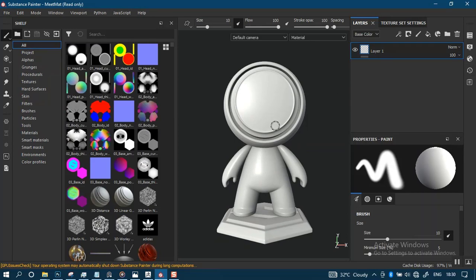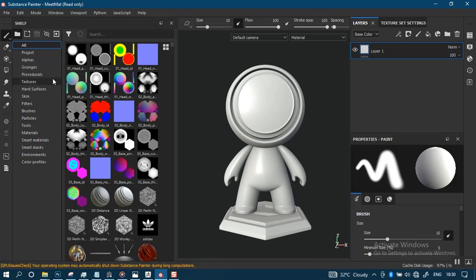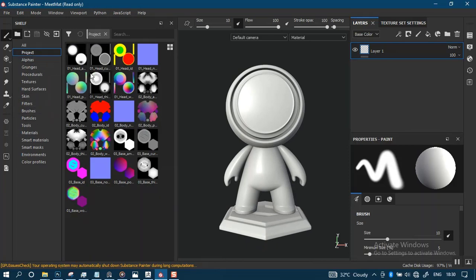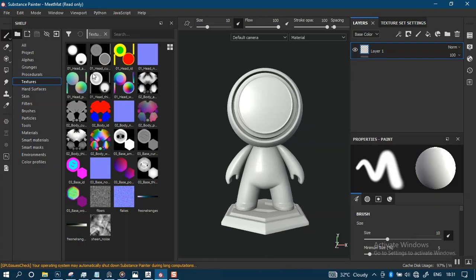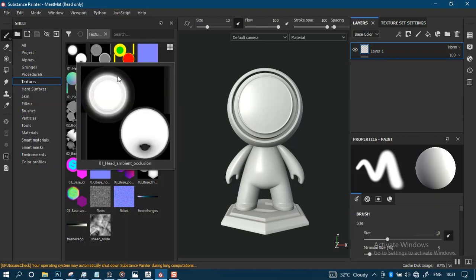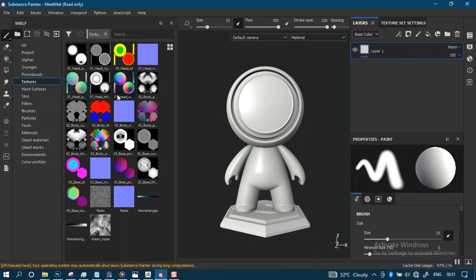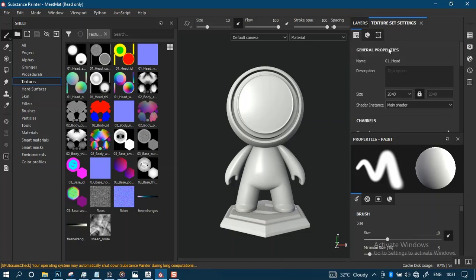Okay. So now, right off the bat, I've talked about some of this in here. If we come to projects, you can see how the generated files are in here, like I explained initially. Then we have textures also. These textures are texture maps generated from this particular model. Initially, without any project in here, they were empty. Now, since we have a project, we can find them around here. Some of these files are files that you bring externally into Substance Painter, or files that are generated inside of Substance Painter. So if you come to texture sets,